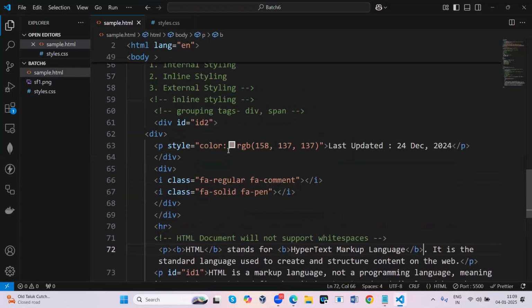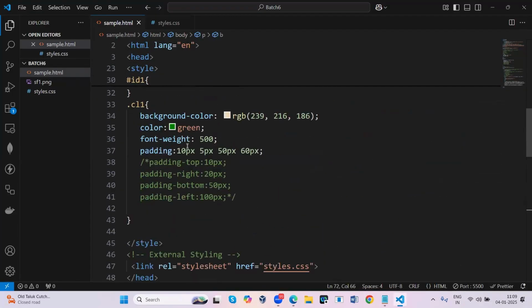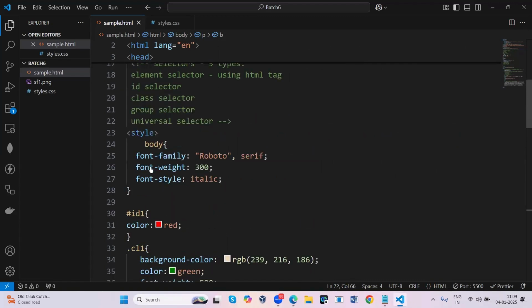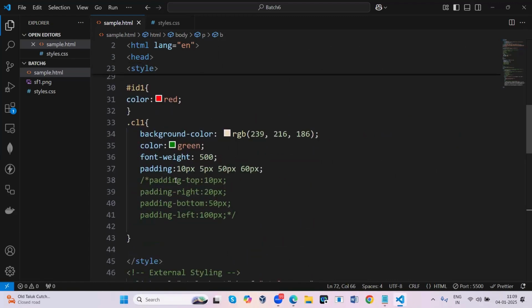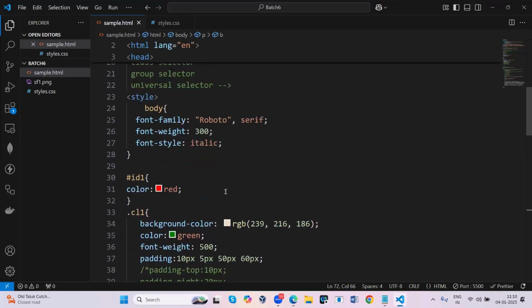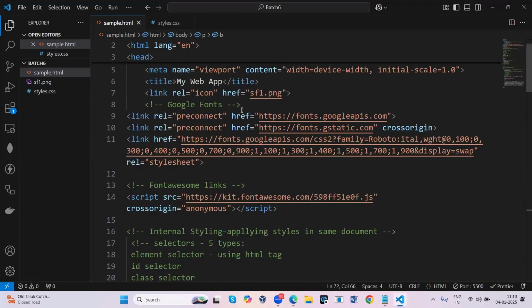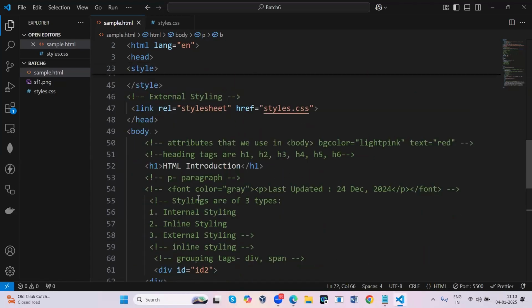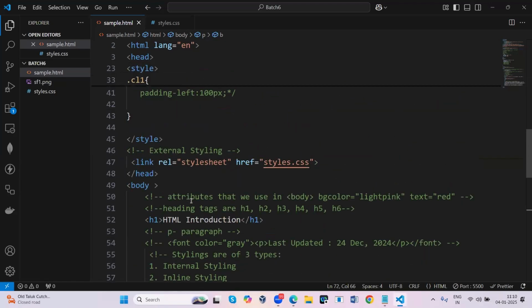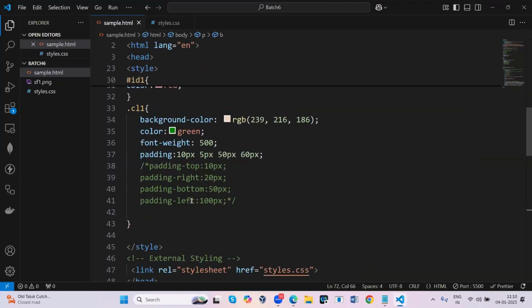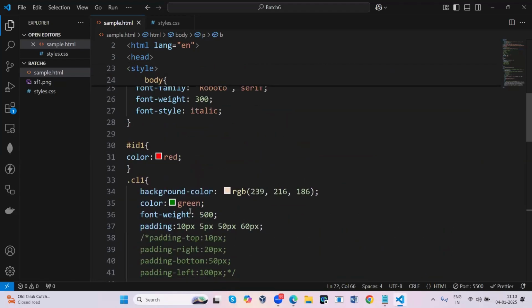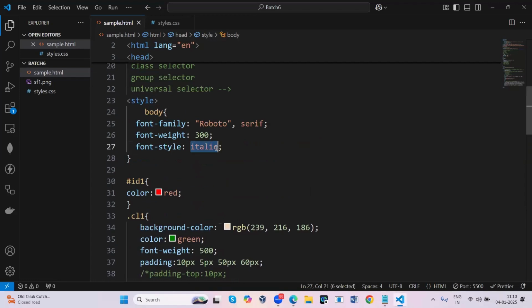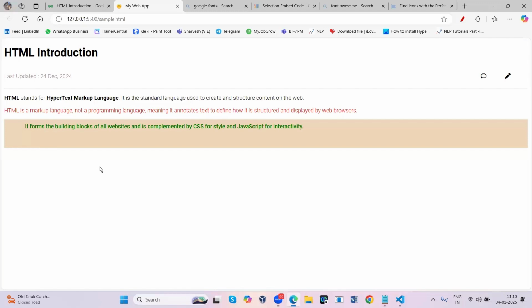Now what I'll do, I will remove this italic. I don't want it now. If you want to remove it, where is the italic? I made it here, something here. So here I just made it italic. Here it is, down here. Here, italic. So I'll make it normal. So now it is normal text only.